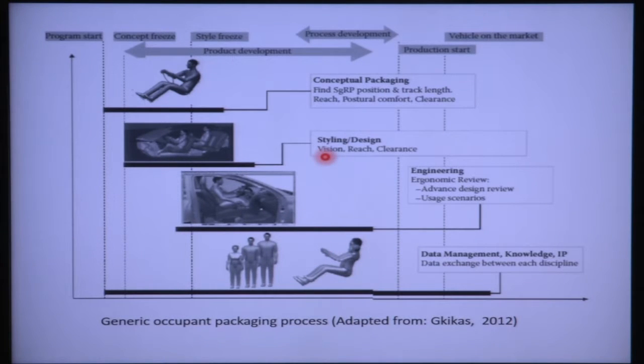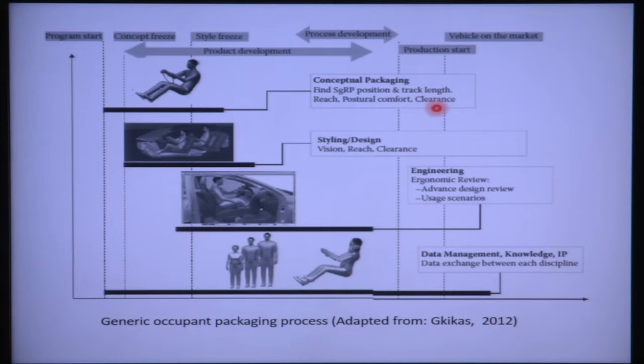So, this schematic diagram is taken from a book written by Rikkas, 2012, where he demonstrated the generic occupant packaging process in vehicle development. The vehicle development process starts here. First there is concept freeze, then style freeze, then process development, then production start, and then the vehicle in the market. In product development there are various steps: conceptual packaging, where we find the SRP position, then track travel length,